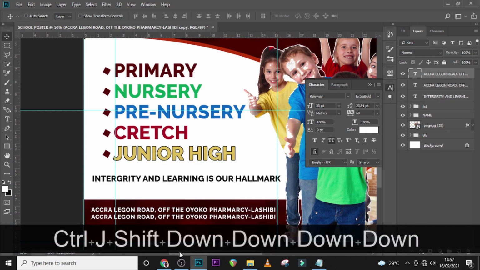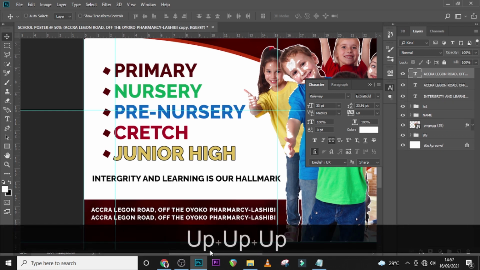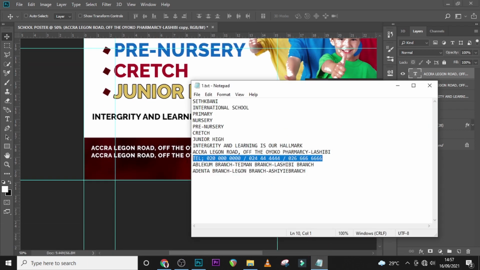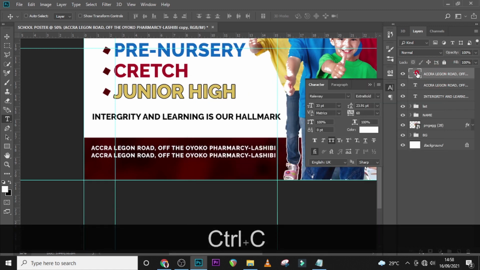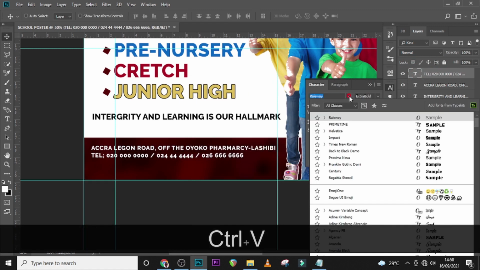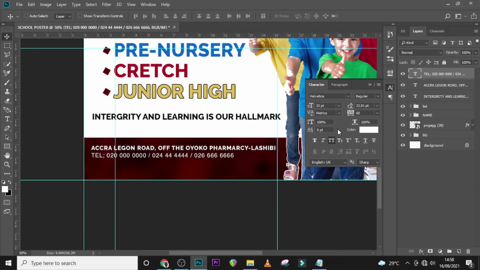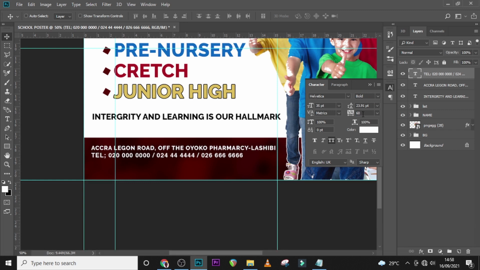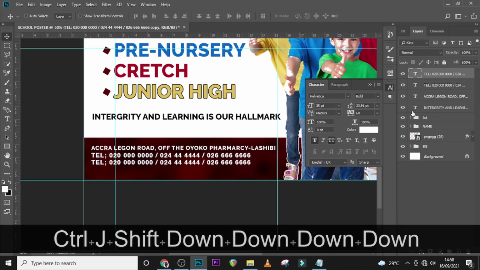Duplicate it and bring it down. Let's pick the telephone numbers. Let's set it to Helvetica, and for that one let's set it also to bold. Set it to 35, and then set the tracking to 60. Click the bold here, click over here as well, set it to color white, and then duplicate it, send it down,